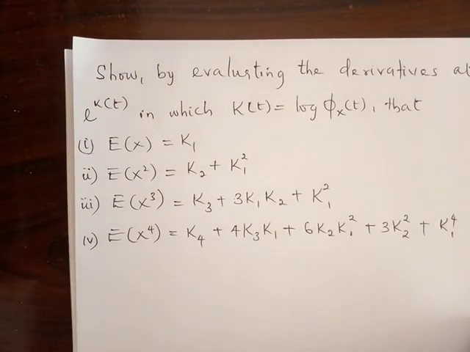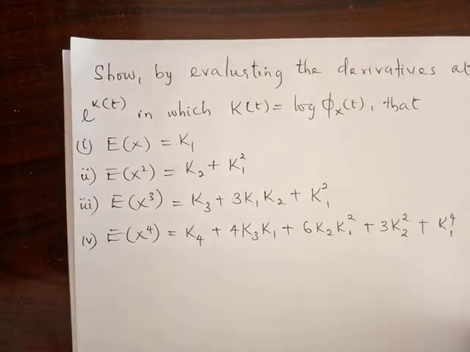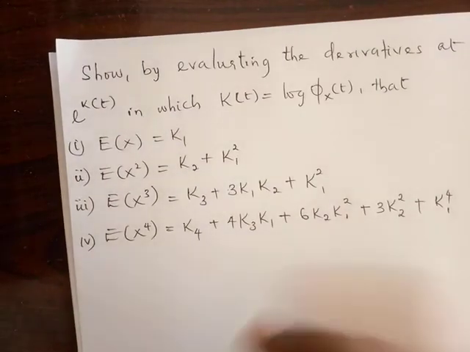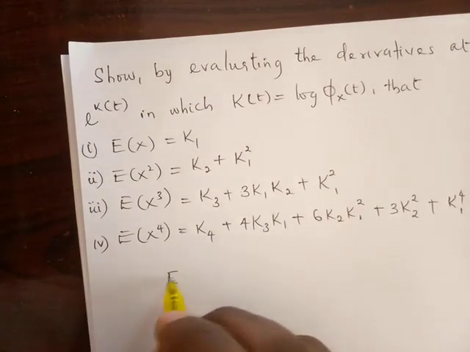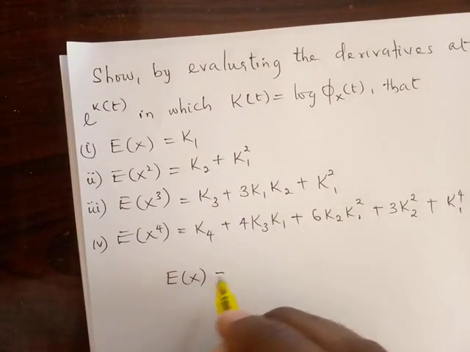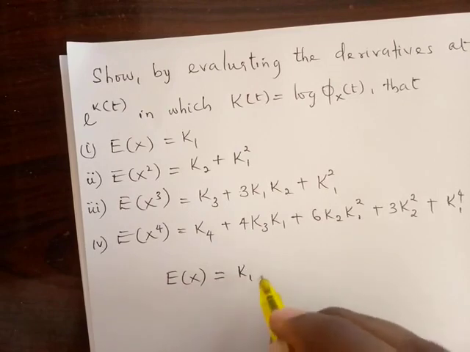All right, so quickly we are going to start this. From the question, we are going to obtain this by derivatives. So let's quickly do the first one. For expected value of X equal to k1, so to show,